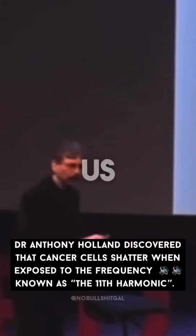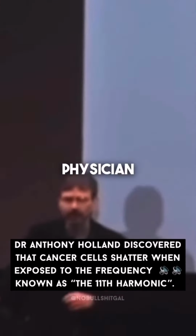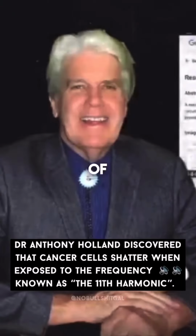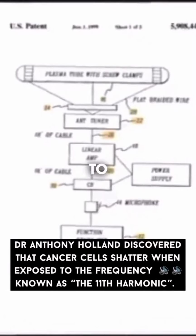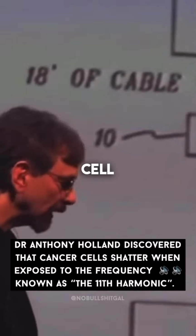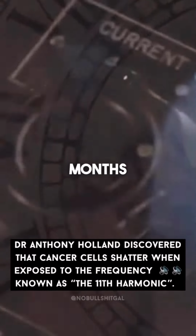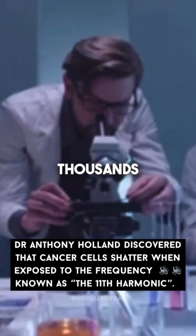So we searched the U.S. patent database, and we find this invention by a physician, Dr. James Baer of Albuquerque, New Mexico. It's called a resonant frequency therapy device, and its purpose is to induce a resonant vibration in a living organism or cell. Over the course of 15 months, we try hundreds and hundreds of frequencies, if not thousands, until we